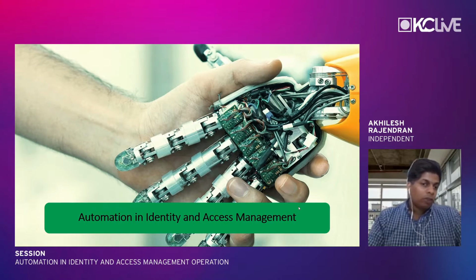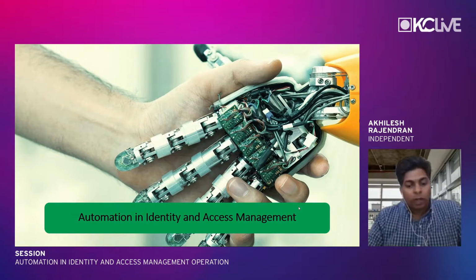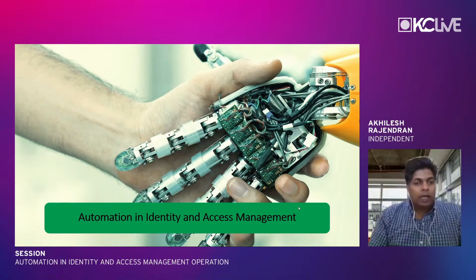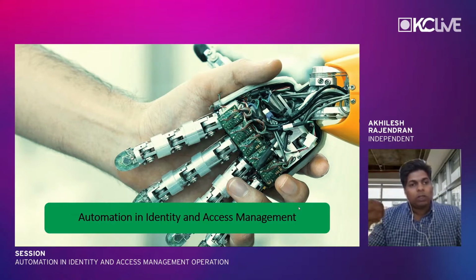Now I have picked one of the key automation technologies, which is robotic process automation. My idea behind this presentation is to invoke some thoughts, to let you think in a different way about how identity and access management operations and their processes can be fulfilled using RPA. Each organization's process may be different and unique, but after this talk, I am sure you'll have a different thought about fulfilling a few of those operations in a different way